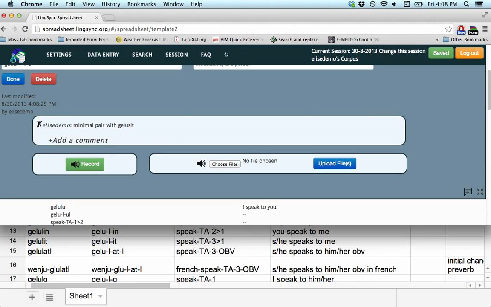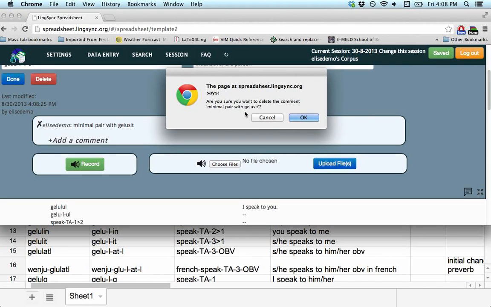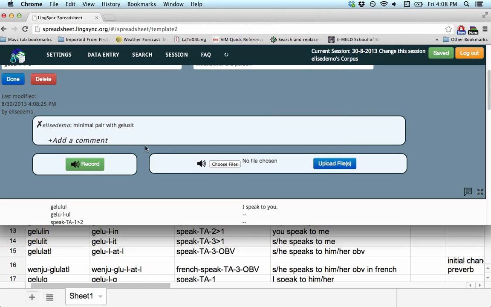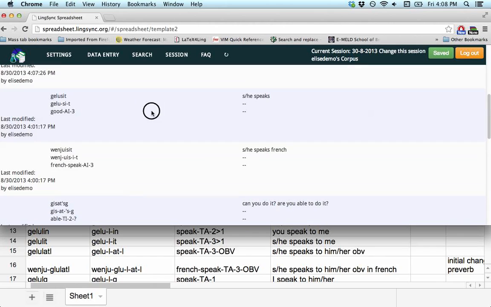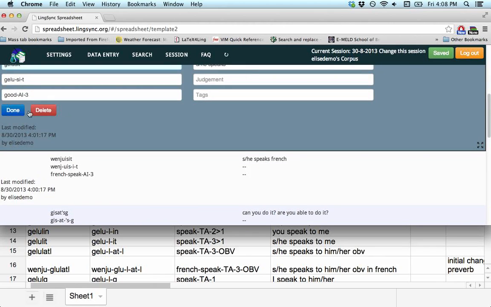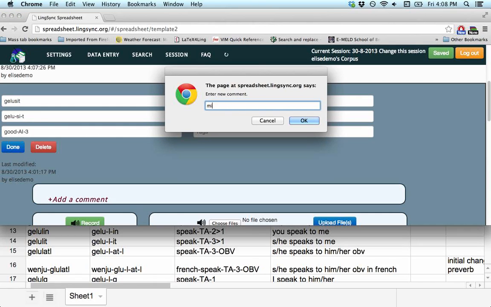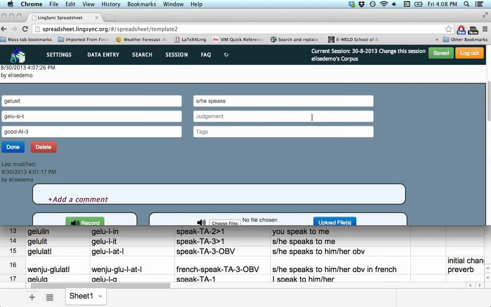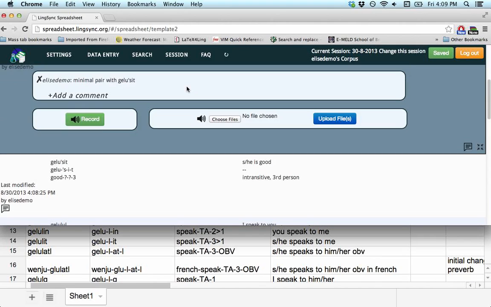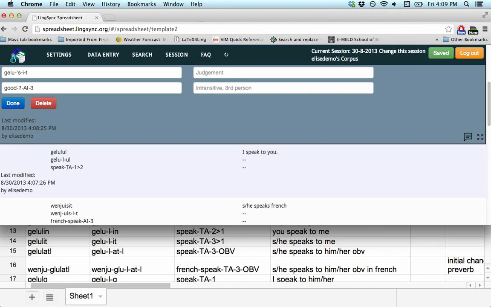Okie doke. And I can delete that if I feel like it, but I don't feel like doing that right now. So we'll minimize that too. Here we go. And minimal pair with Gelusit. Okie doke. And it updates that straight away to switch which data